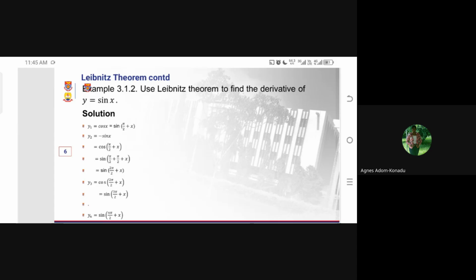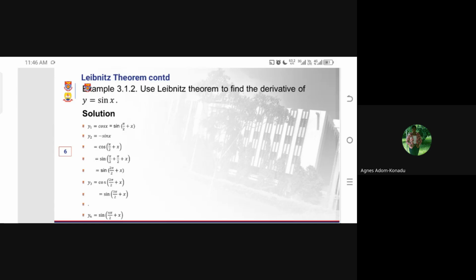cos pi on 2 plus pi on 2 plus x, which is sine pi on 2 plus x. So they can do that using the double angle. I don't know if they can do it right now. So the student can try that themselves, that cos x is the same as